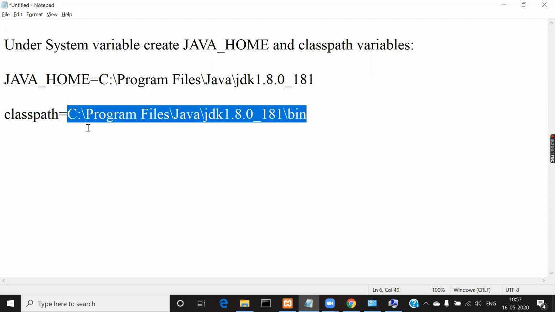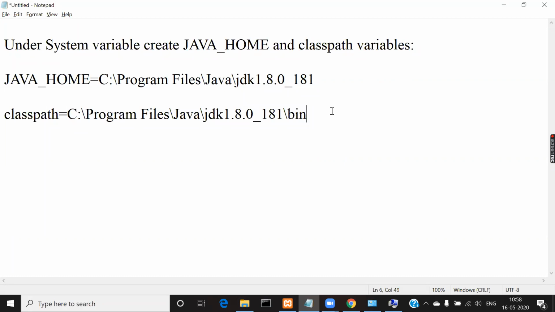You have to set it first for Java, and then for MySQL also you need to set the path. After installing MySQL, you need to have another file downloaded called the MySQL connector jar file.